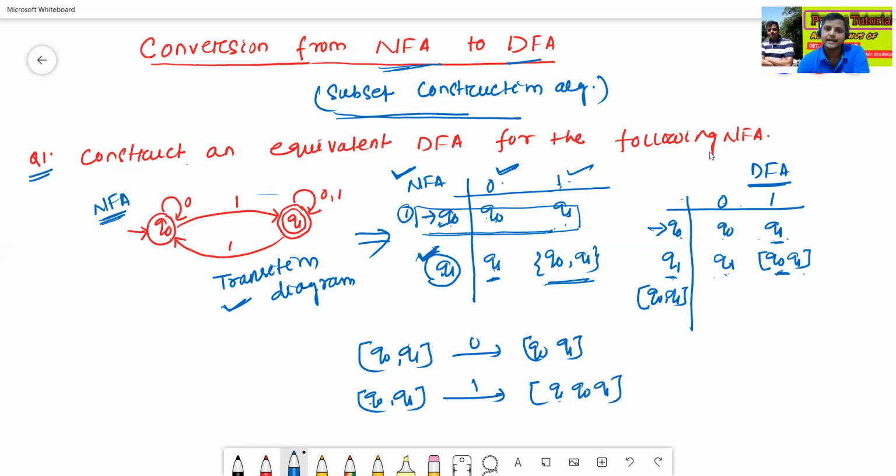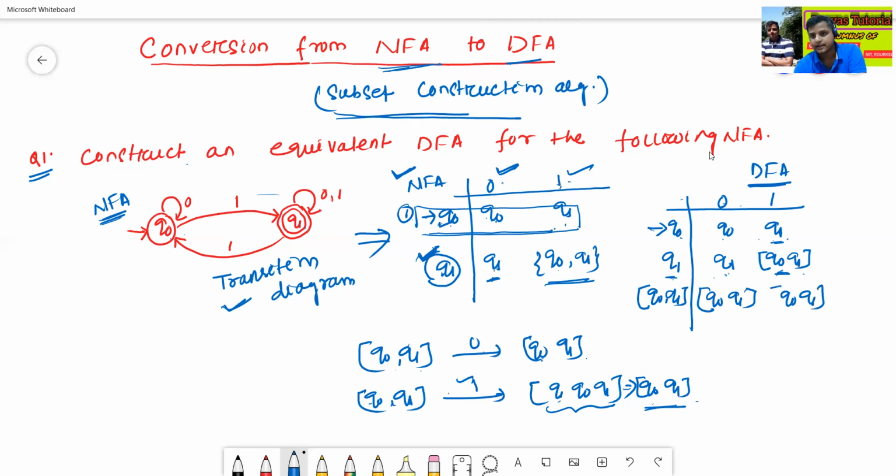But here there are two Q1s, so simply write it as Q0 Q1, because there is no need to write Q1 twice. So Q0 Q1 reading 0 goes to Q0 Q1, and Q0 Q1 reading 1 goes to Q0 Q1.